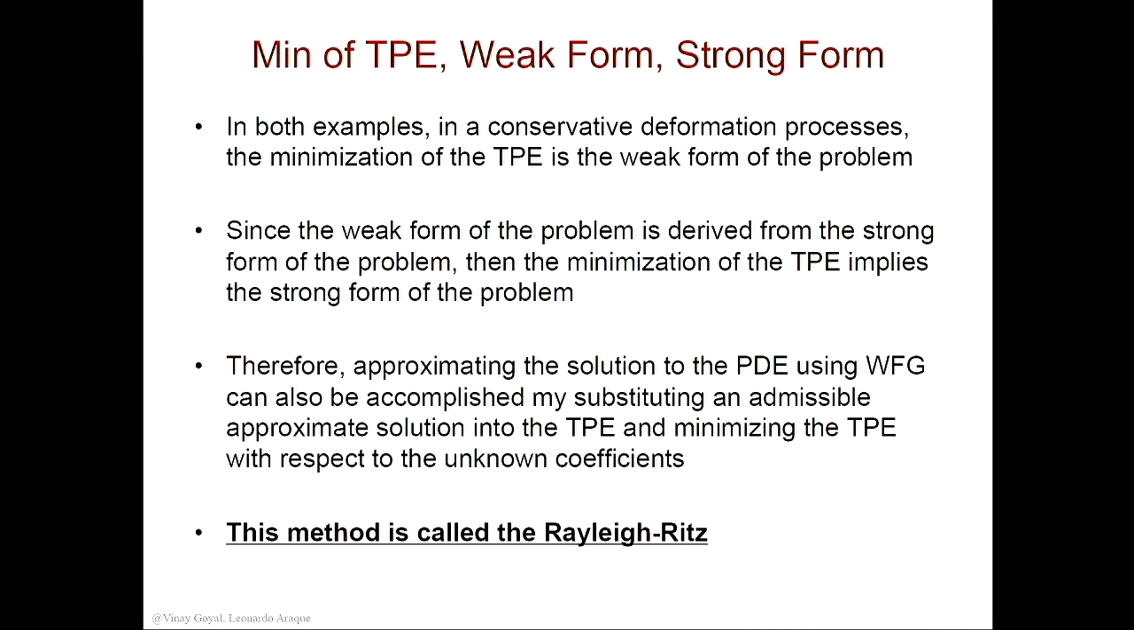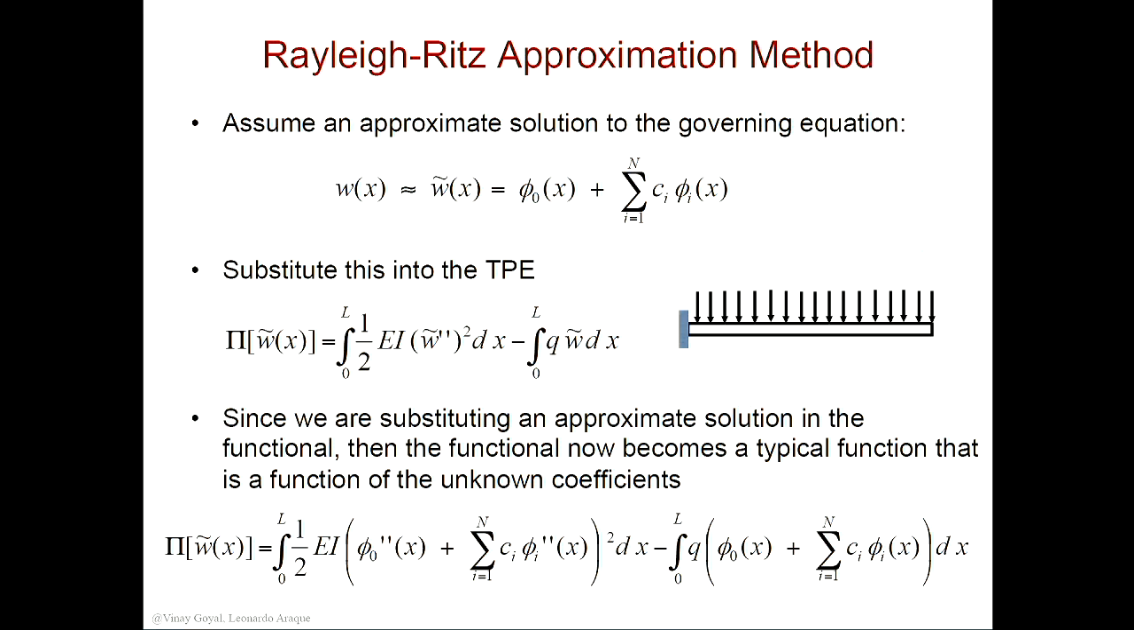And with this method, I think I've explained to you how that works. So for this example, let's take this approximate solution to the problem. I'll substitute this approximate solution into the total potential energy, and that's the total potential energy for this beam clamped with transverse loading. I'm giving you that information. If I plug this in here,